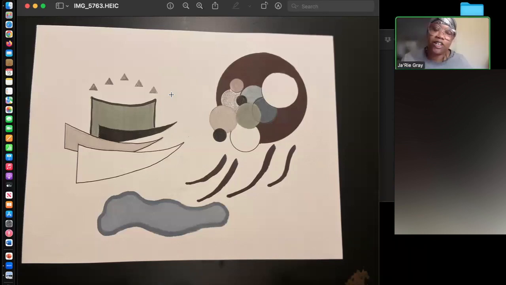Another thing, if you have a printer, you can take your thumbnails and blow them up when you make a photocopy of them. I used to do that, and I would tell my students in abstract drawing to do that too, because they would always say drawing at a small scale is easy, but when we try to blow them up, it gets more difficult to transfer the drawing over. So you can always photocopy your thumbnail, blow it up to the size you want, and then just transfer the drawing to the paper you're going to work on. That will eliminate